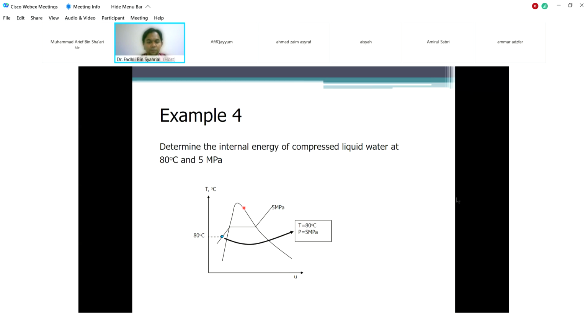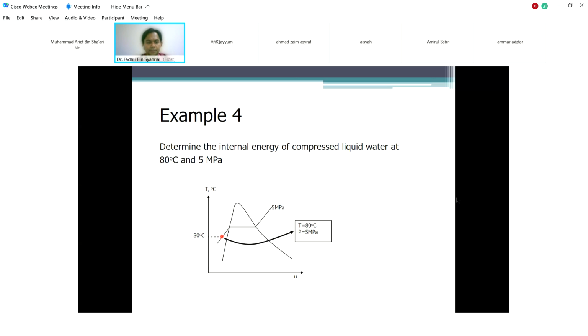For step number 3, we have this diagram. This is the curve and this is the constant pressure line. We already transferred the value. This is 5 megapascal, and the substance is compressed liquid water; the phase is mentioned here. It's easy for us. Compressed liquid, then we know 80 degrees C and 5 megapascal. The point must be located somewhere here, not here, or even here, it must be here. So let's say this is the point of compressed liquid.